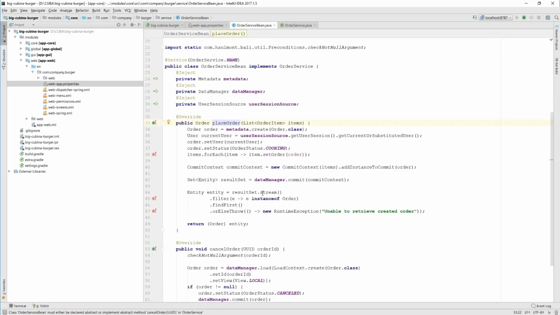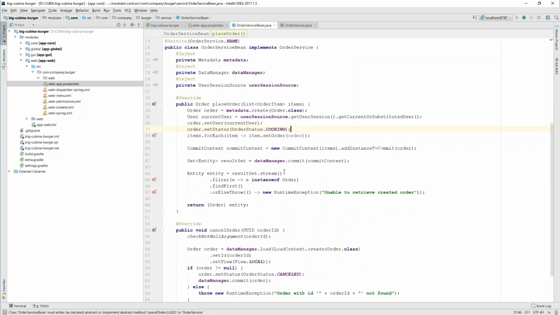Place order method accepts order items, creates a new order for them, associates it with the current user, obtained from user session source, sets status cooking, and then commits our order and returns it.